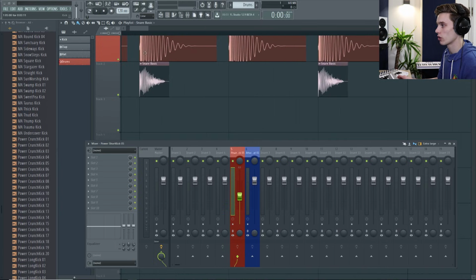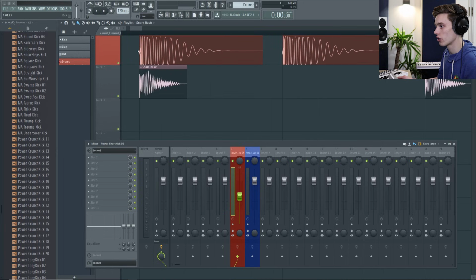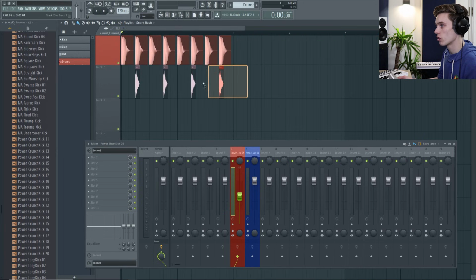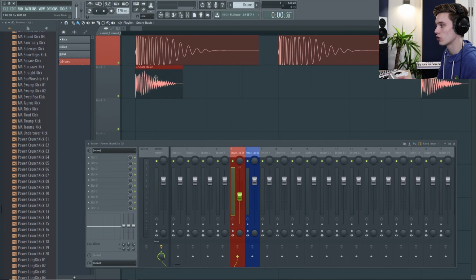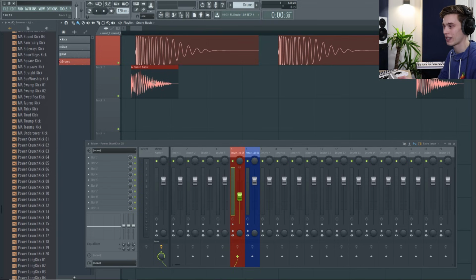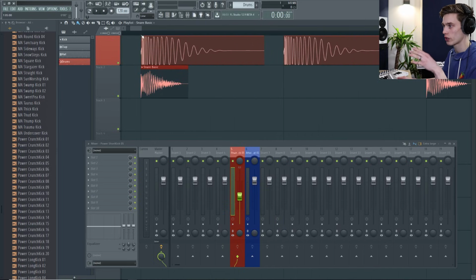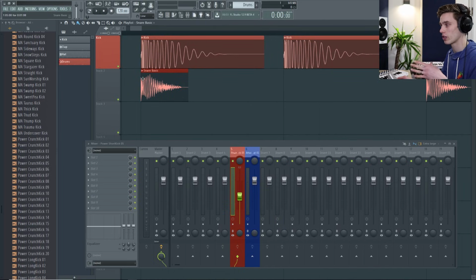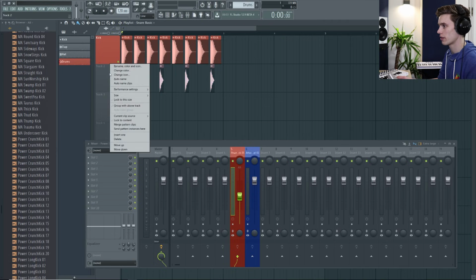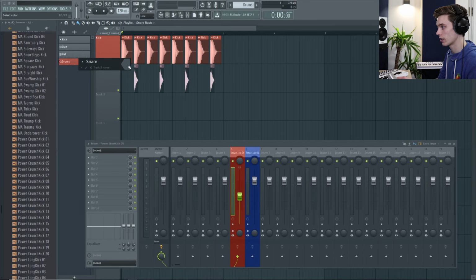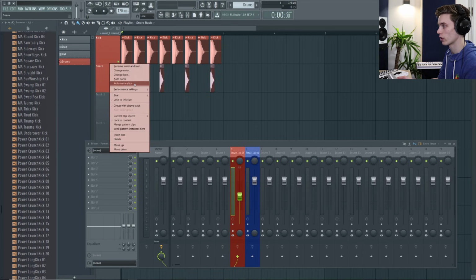So just because something on the playlist shows that it starts at the right time, it might be worth selecting them and dragging them forward or back in time until it actually is perfectly in time. When it comes to drum timings, you have to really just close your eyes and only rely on your ears, because it doesn't matter if the grid says it's perfect, it's only going to be perfect when it actually sounds perfect and in time. And again, with this method, it's worth always staying clean and clear and organized in your